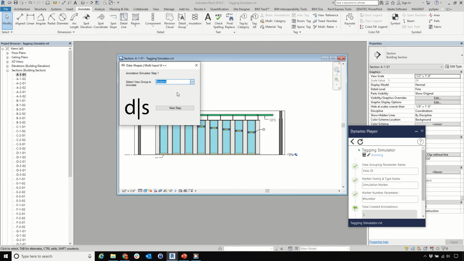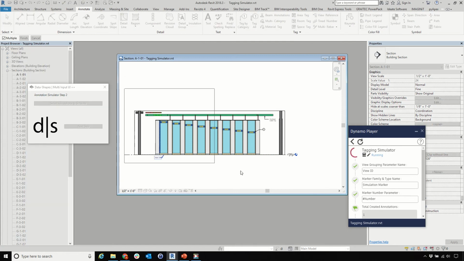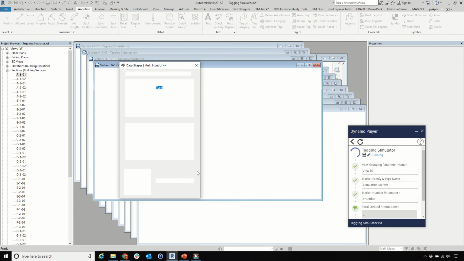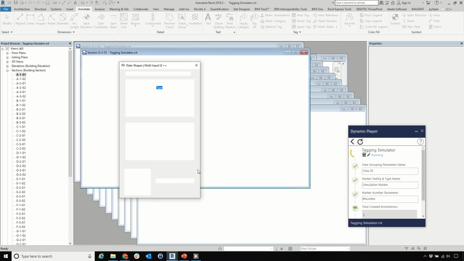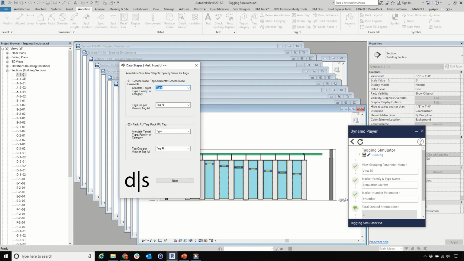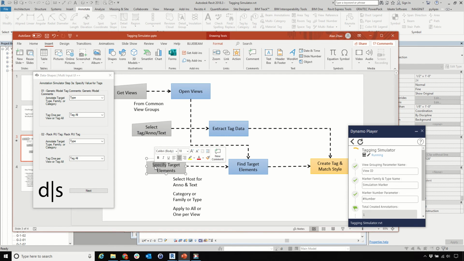Run. Section. Next step. This time I'm going to get selected only once. So select. See only the annotations are highlighting. Drop. Finish. Next step. Much better. Now it opens the views in the background. Come back here. The third step is that for each selected tag, we're going to tell the script what other